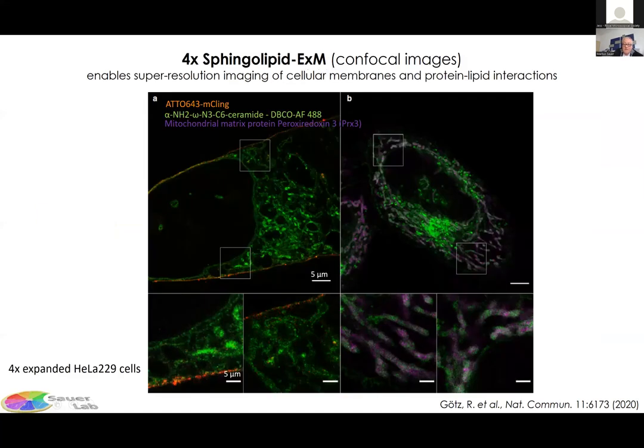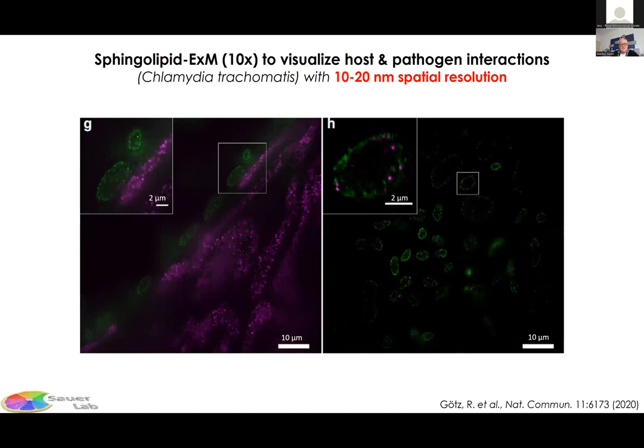Okay, so to cut a long story short, by feeding these cells with this ceramide, this sphingolipid, and afterwards fixing and expanding these cells, here fourfold expanded cells, you see that these ceramides insert into all membranes, not only the outer membrane, but also the nuclear envelope membrane and all other membranes in a cell. But still, it allows you to label proteins by immunolabeling, and this is what we did here. We labeled the mitochondrial matrix protein peroxiredoxin 3 by immunolabeling, and using tenfold expansion, we investigated bacterial infections